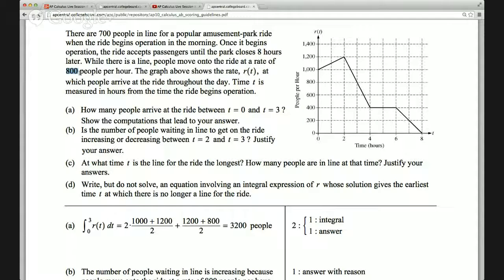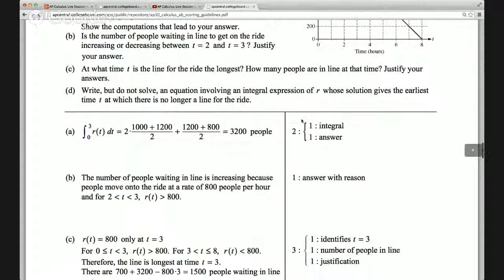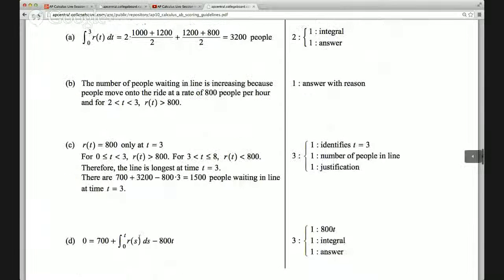And then the integral from 0 to t of r of t, plus 700, or 700 plus that integral expression, is the number of people who have been in line. So when those two things are equal, we should have